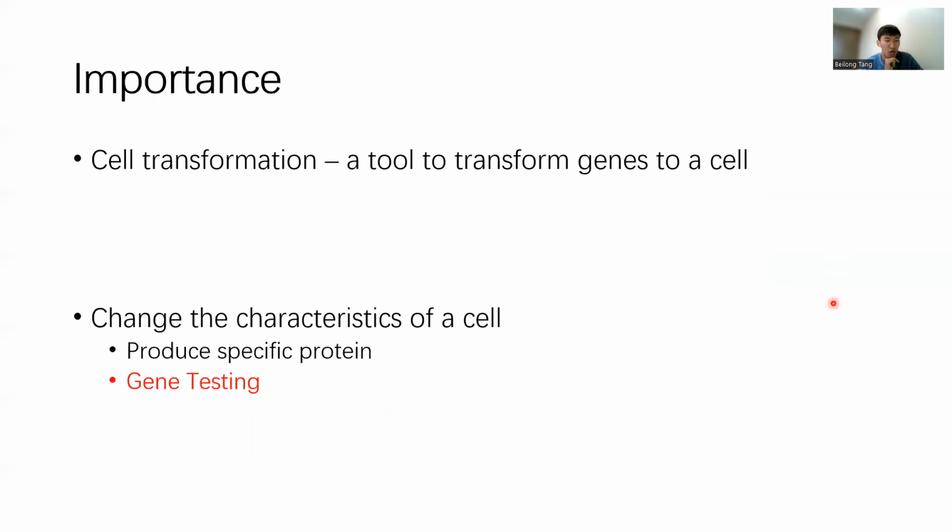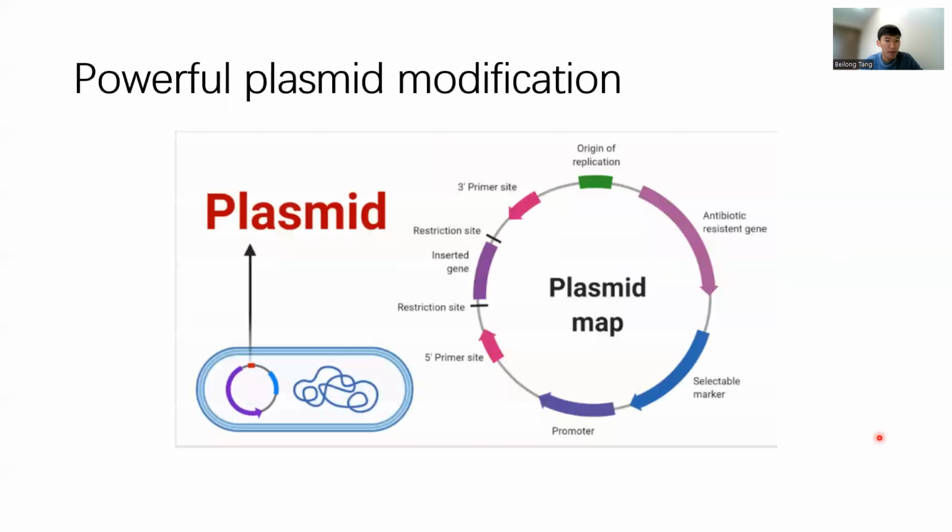The importance of cell transformation is that it is a tool to transfer genes into a cell for us to do gene testing or to produce specific proteins. Now, the plasmid is very powerful because you can see here that there are two restriction sites in this plasmid. So it can be cut by a restriction enzyme. If it is cut, we can change the inserted gene in the plasmid